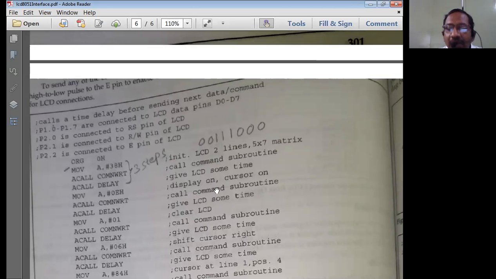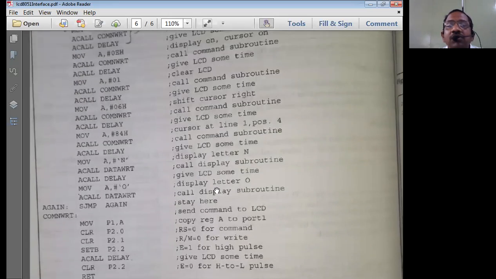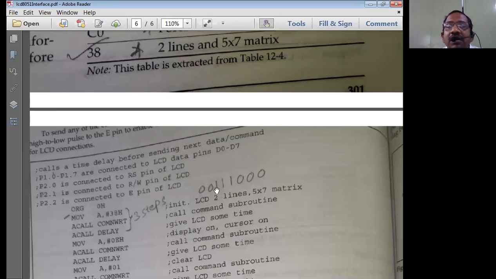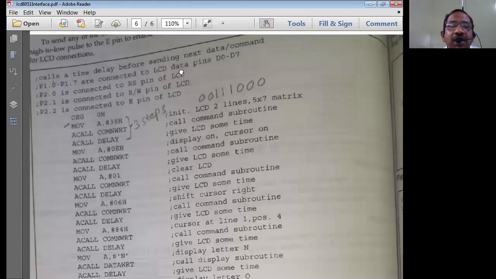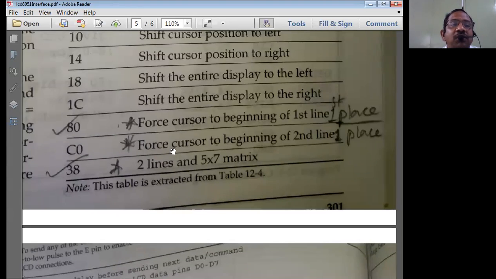So this is the program, a very, very important program. From the examination point of view, whenever interfacing with LCD is asked with 8051, you are supposed to write this program. In the examination, you write only the program by mentioning these minimum things. But to write this program, what is important?